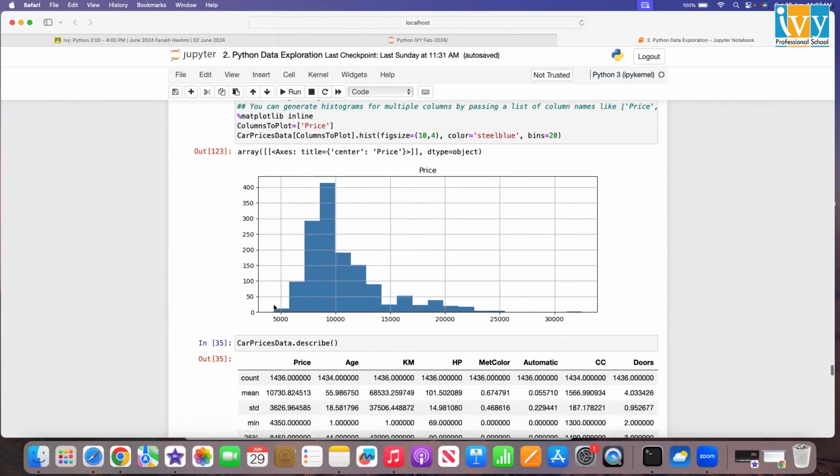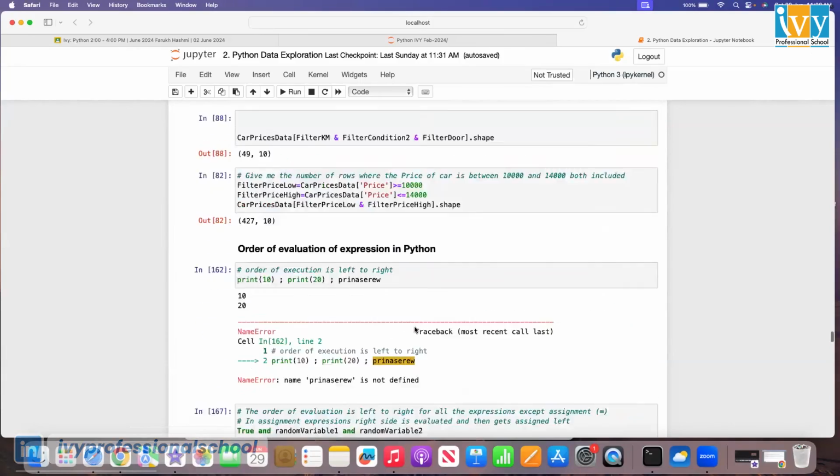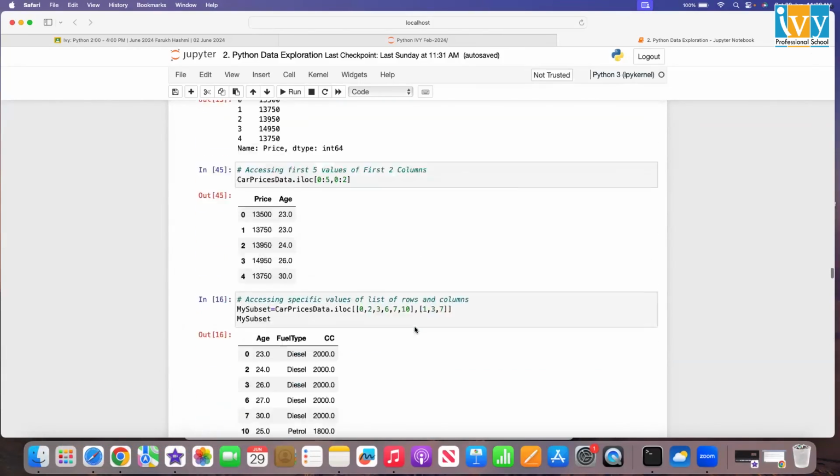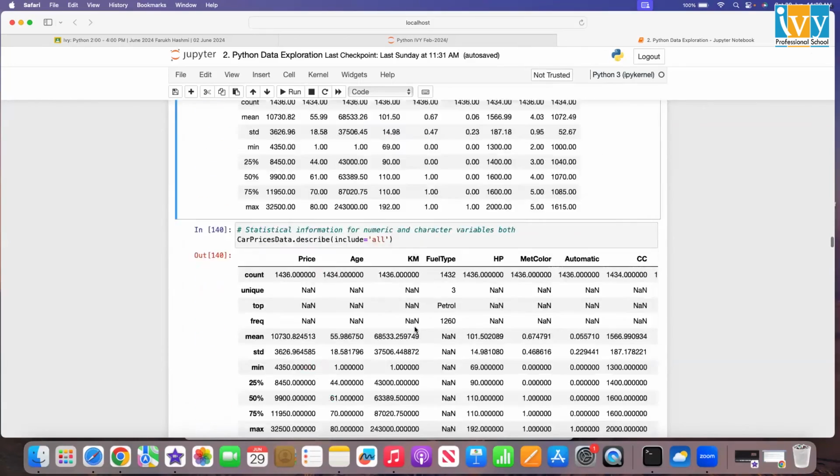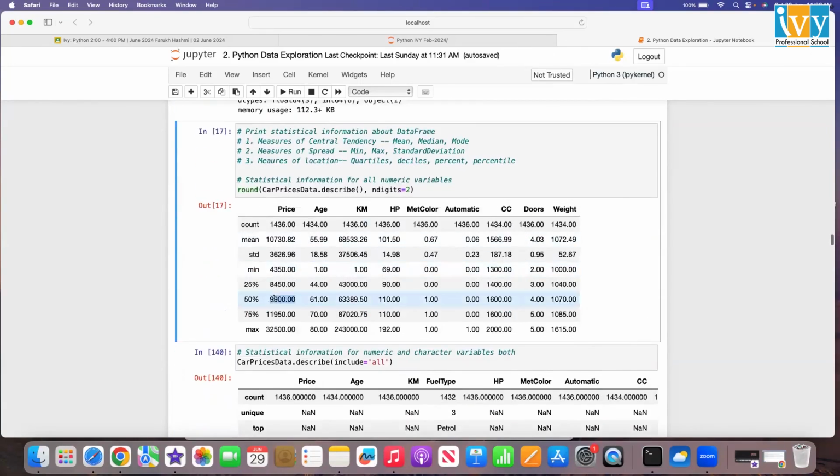So this graph is actually really helpful and it tells you everything in one go. What is the minimum value? Around 5,000, so 4,000 something over here. What is the maximum value? Around 30,000, so let's say 32, 33,000. You get a rough idea. Then what is the middle value? There are 400 such car prices somewhere around 10,000. So you get an idea, oh, the average will be somewhere around 10,000. All of this information via graph becomes so obvious that you are printing it here: the mean value, the median value, etc.